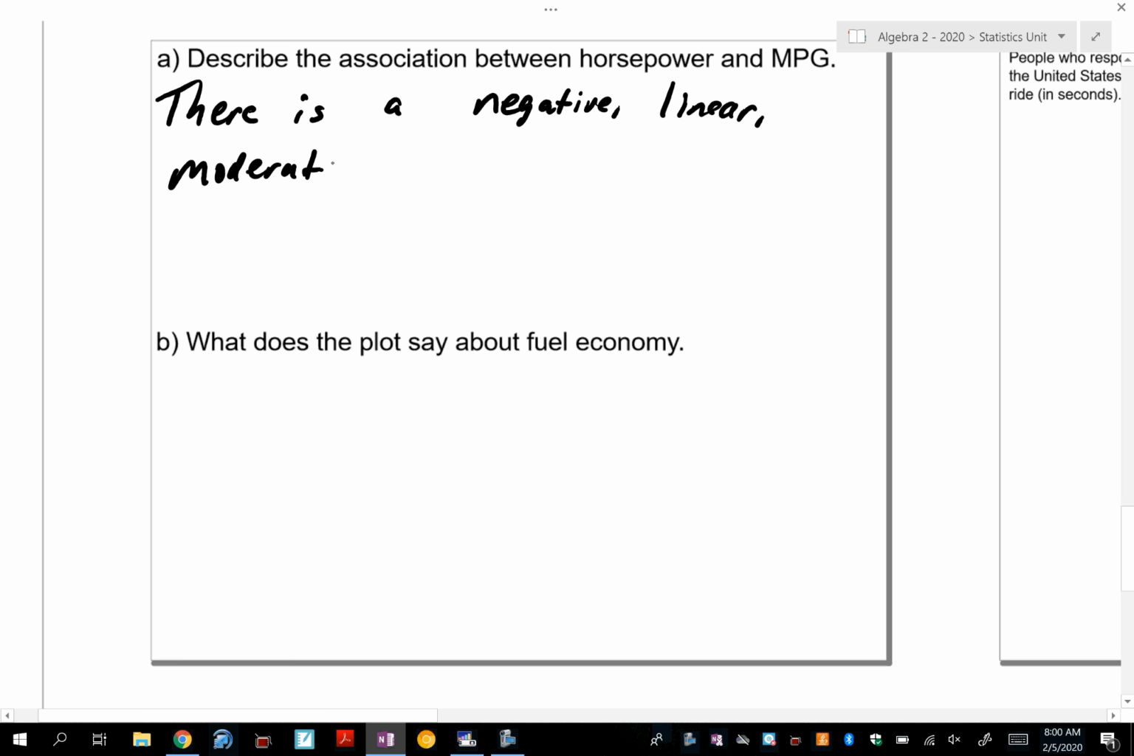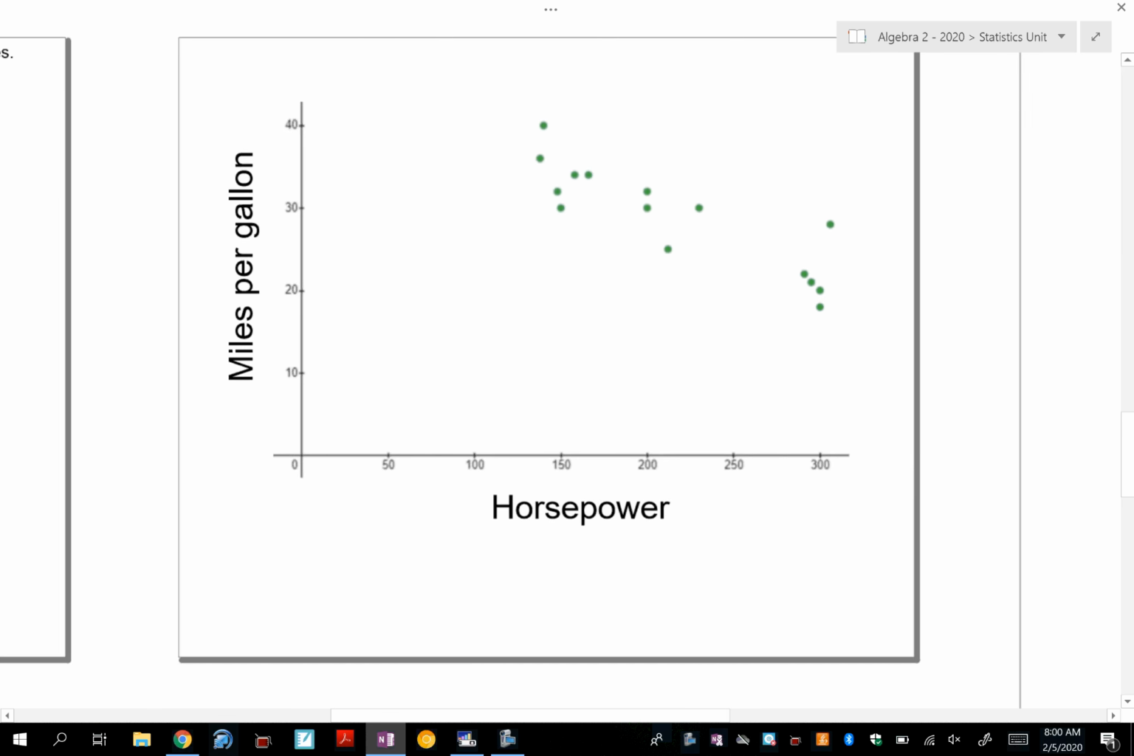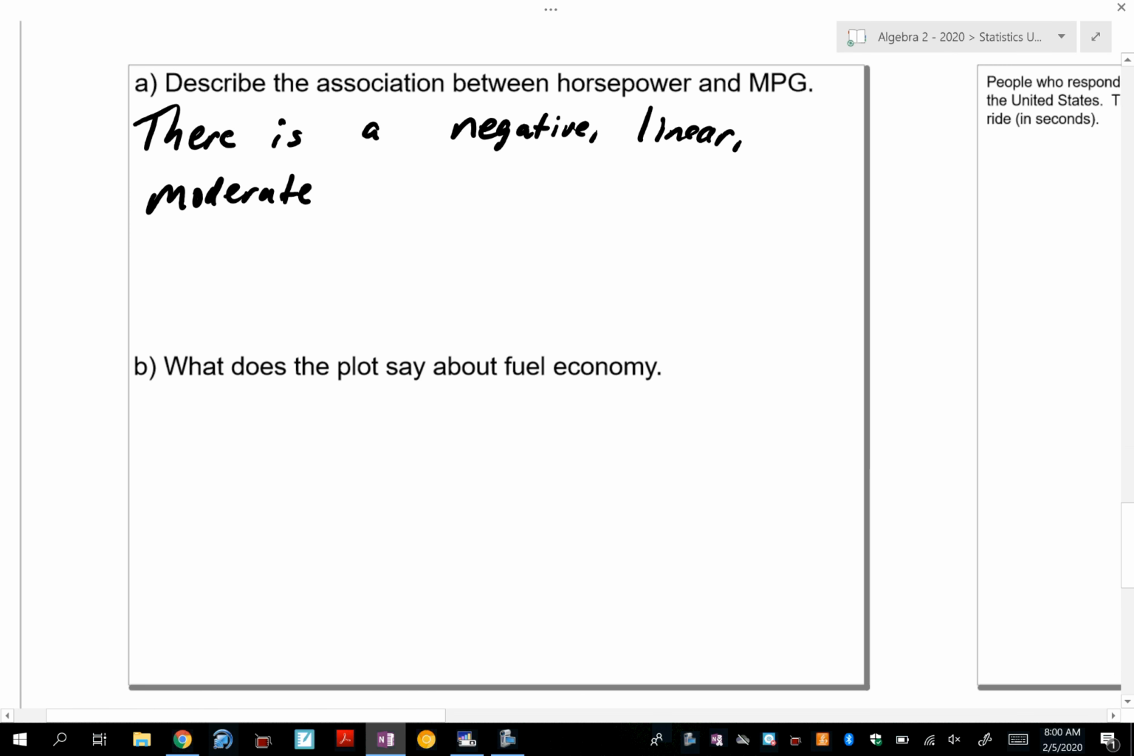Wait, how is it strong? I mean, I think it looks pretty close together. I'm just letting you know. Okay? I think it's fairly strong. Okay. We'll go with moderate. Yoshika, write weak for yours. All right, if you agree with Yoshika, write weak. It doesn't matter. There is a negative linear moderate association